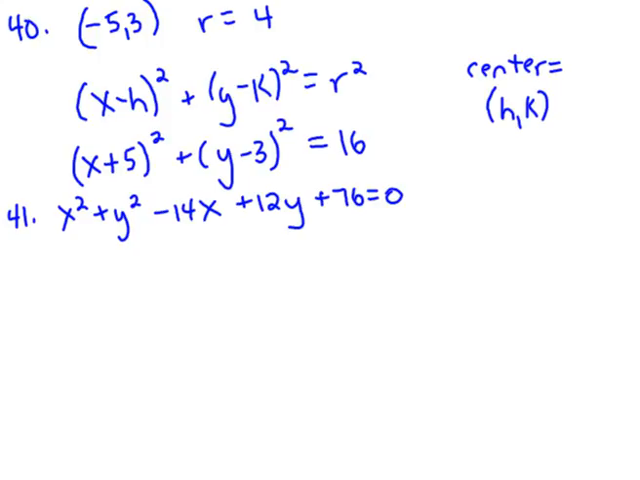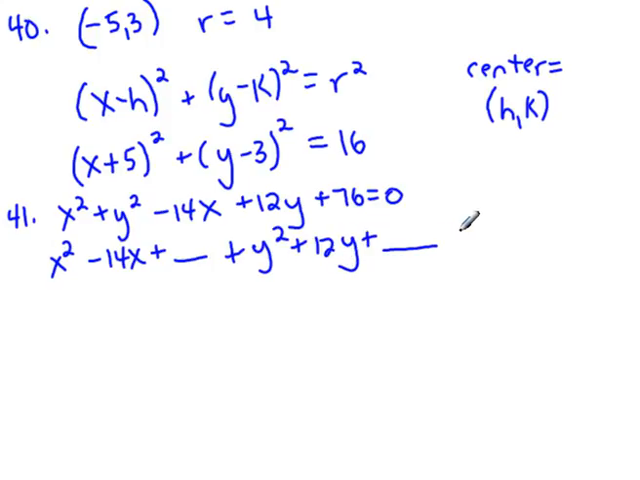Number 41 asks us to find the center and the radius of the circle with this given equation. And obviously, in order to do that, I'm going to have to complete the square, which I'll have to do twice to get it into (x - h)² + (y - k)² = r². So the first thing I'm going to do is put my x terms together. So that's x² - 14x. Give myself room for the number I need to add when I complete the square on the x's, plus y² + 12y plus room for the number I'm going to add when I complete the square on this,